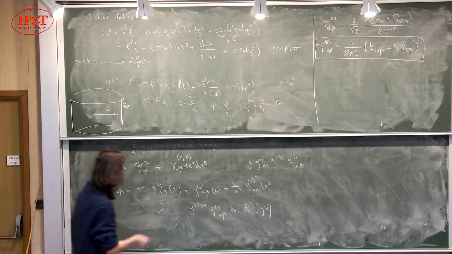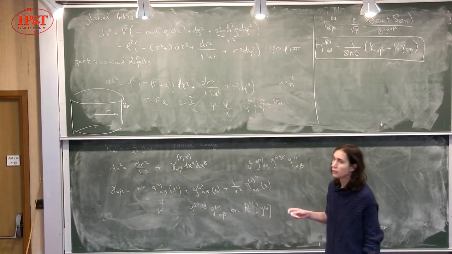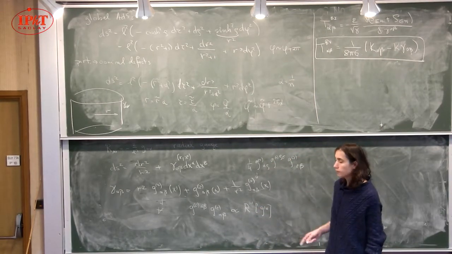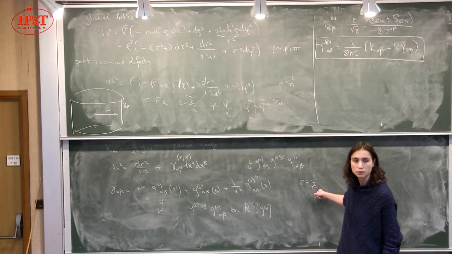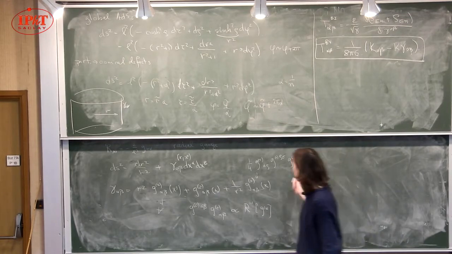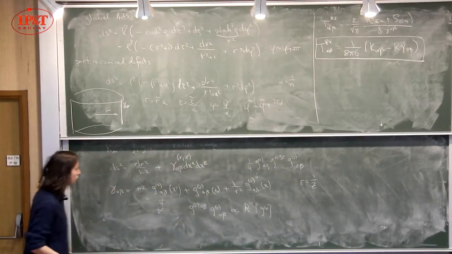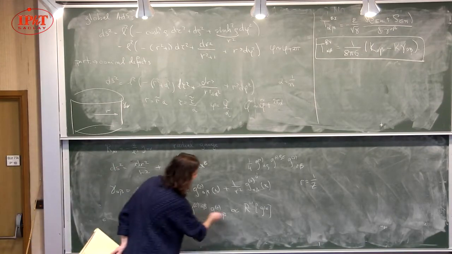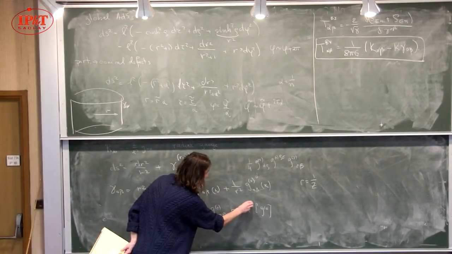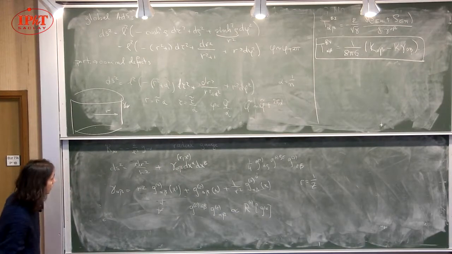So I guess what Adam is referring to is that people usually use r equals 1 over z, where z goes to 0 at the boundary, which is the more usual convention. These are sometimes called Fefferman-Graham coordinates, but you can do it either way. Okay, so what you find is that the trace of g2 is proportional to the Ricci scalar of this boundary